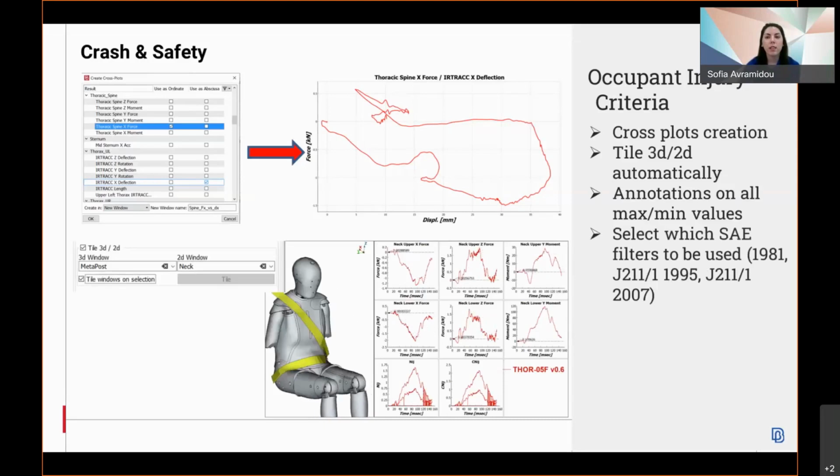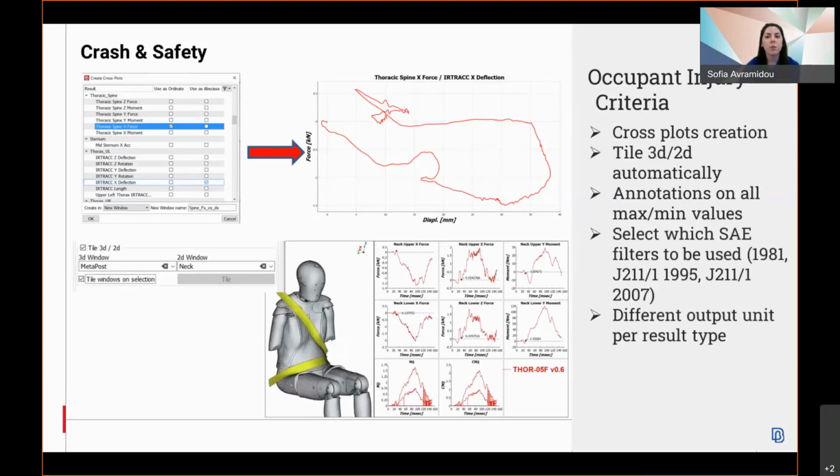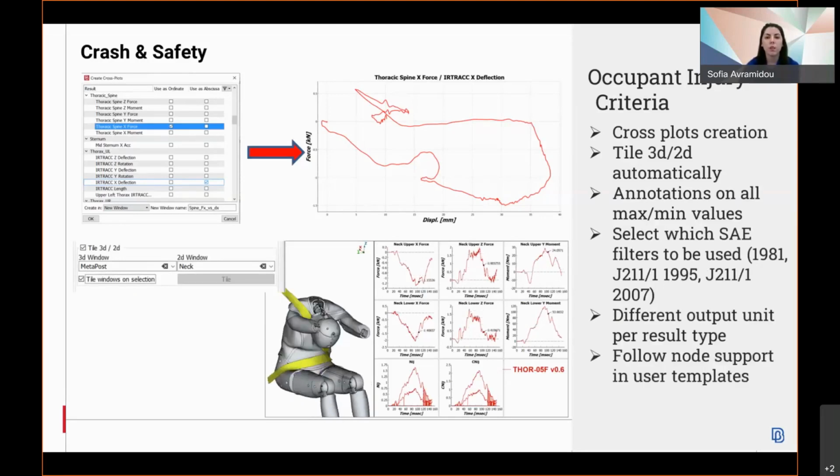On top of that, SAE filters can be chosen upon plotting. Different unit systems can be requested for different types of results. Therefore, for instance, we can have accelerations in G and forces in kilonewton. And lastly, when results are read with follow nodes, this is now saved in the template produced.